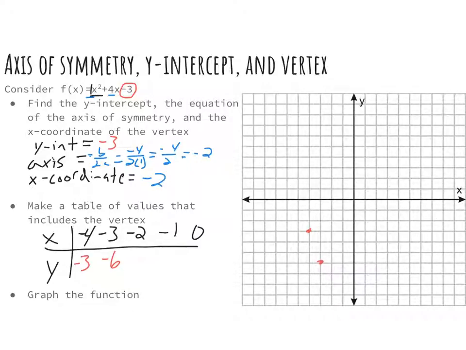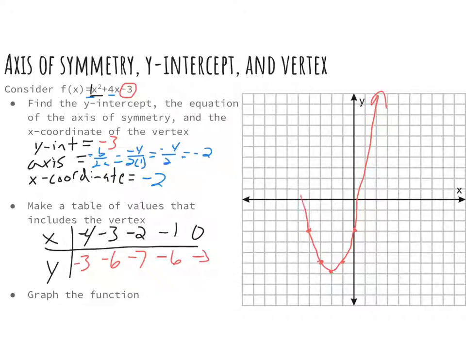If I plug in negative 2, negative 2 squared plus 4 times negative 2 minus 3, I get a negative 7. So negative 2, negative 7. If I plug in negative 1, negative 1 squared plus 4 times negative 1 minus 3, I get a negative 6. That point goes right here. If I plug in 0, I get a negative 3. So my parabola looks